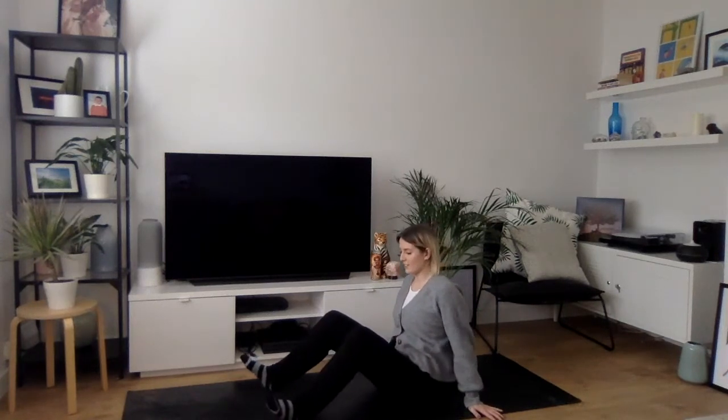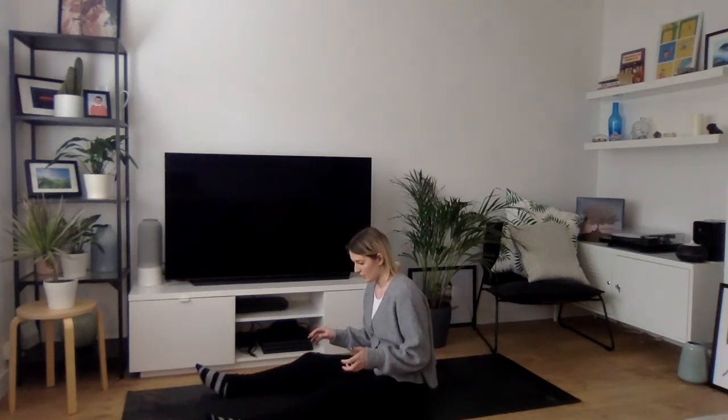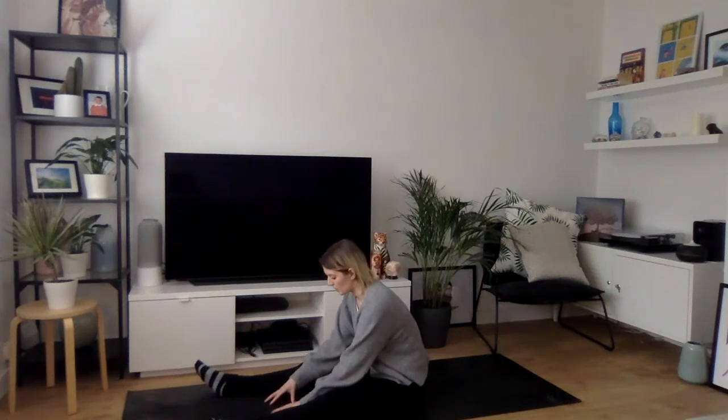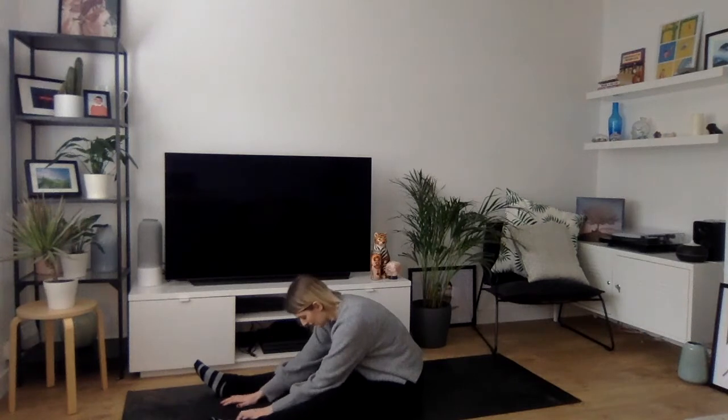And then come to find stillness. We're going to extend the legs forwards and take a really gentle passive forward fold or Paschimottanasana. So I'd like you to take your feet about hips distance apart. You're going to walk your hands just in between your legs and then calmly stretch out, dropping the chin to chest and releasing through the back of your spine. And we'll take